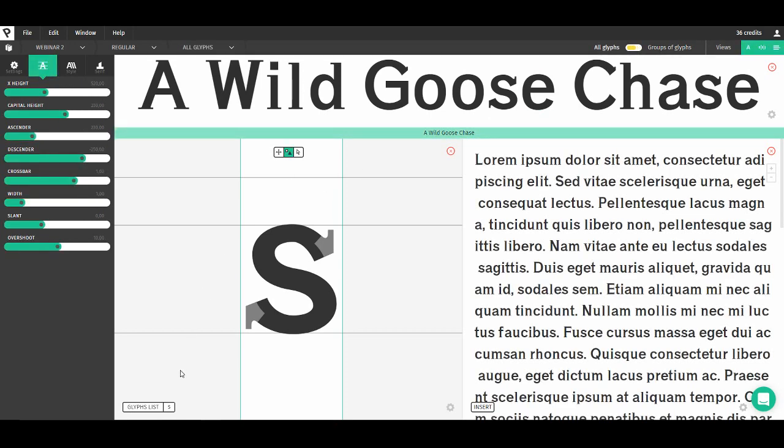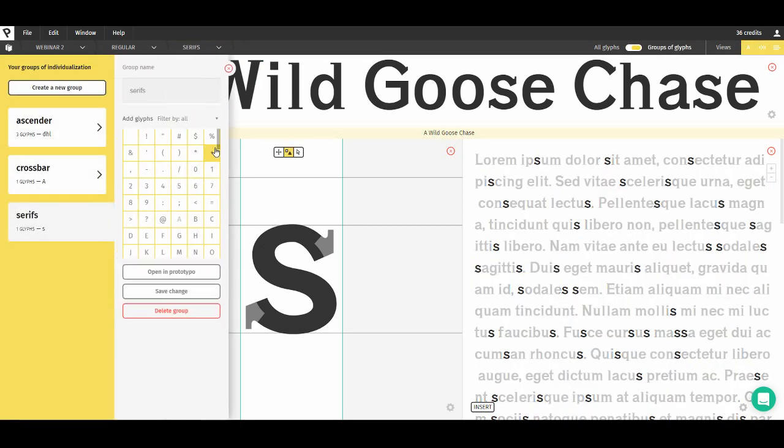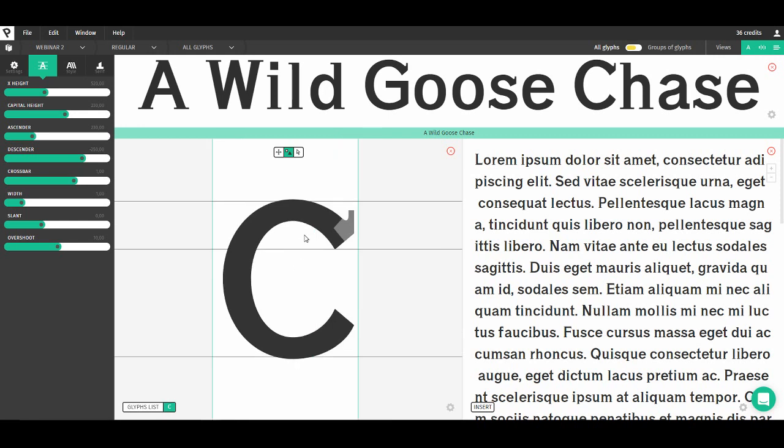So, okay, I'm gonna try and add the C and the G, because they also have a curve serif to this group, and see how it goes. Okay, it's fine with me. And also gonna go back just one serif. So alright,